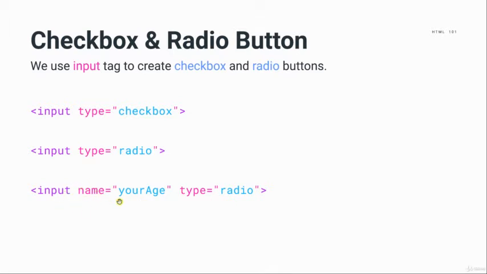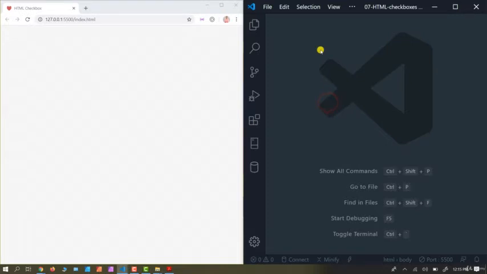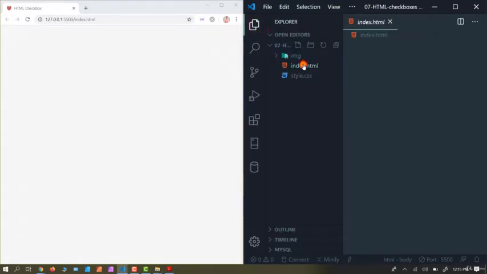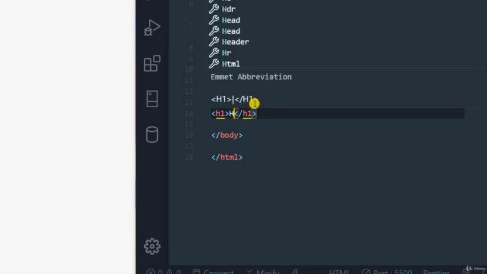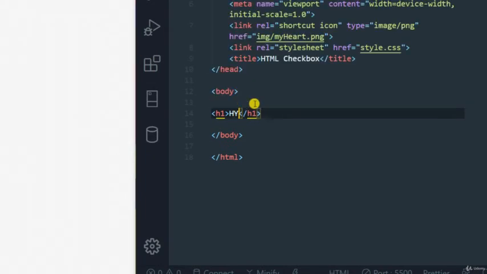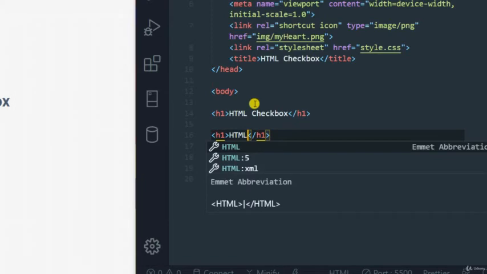Alright, let's jump into the action right now. So you guys go ahead and download the HTML checkbox folder, and now let's open the index. I've opened this with live server as well. So we're going to give an h1 heading and write HTML checkbox, and then also another h1 writing HTML